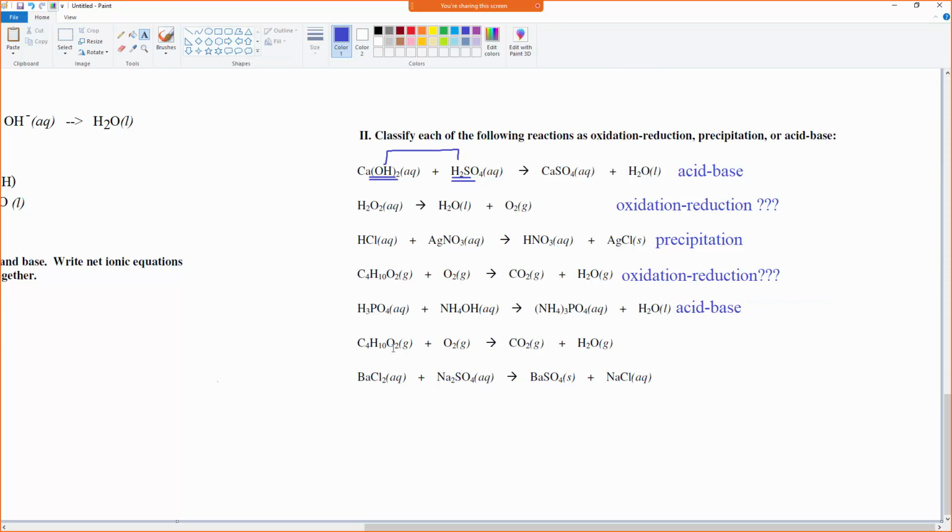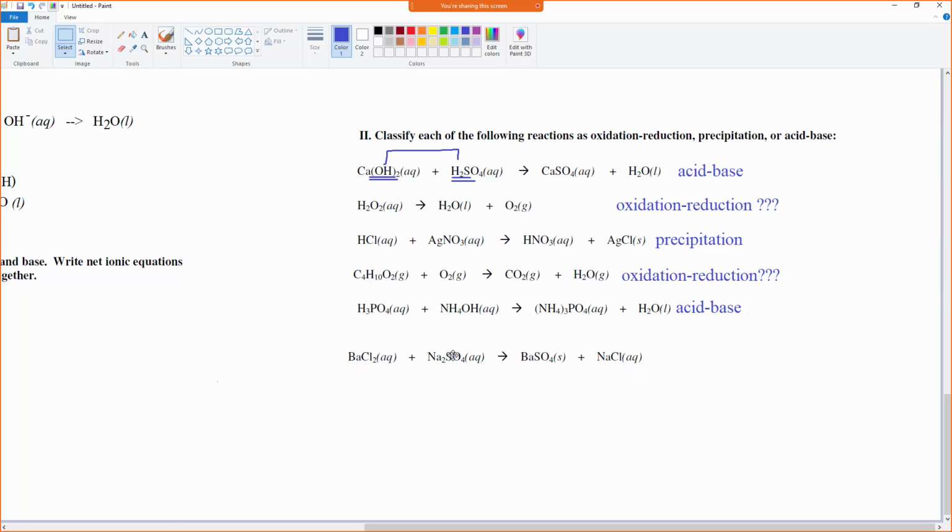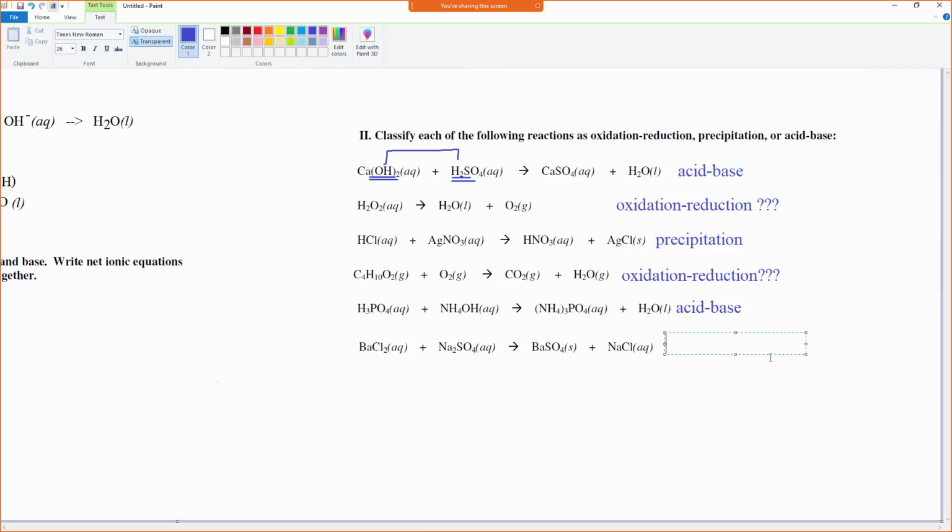Okay, what about this one? It looks like maybe oxidation. Guess what? This one is the same as this one. I don't know why I put it on there twice. We'll come back to this one. We don't need to list it twice. Okay, what about this bottom one here? Precipitation. You've got that solid forming